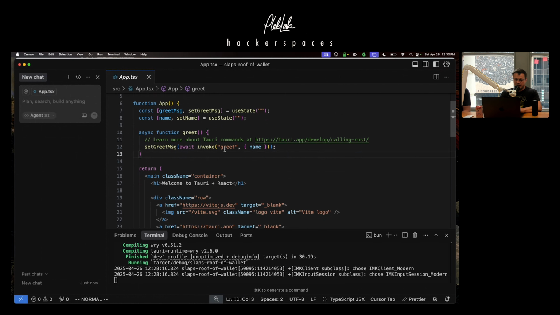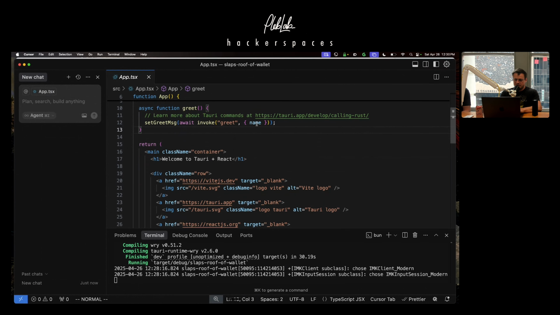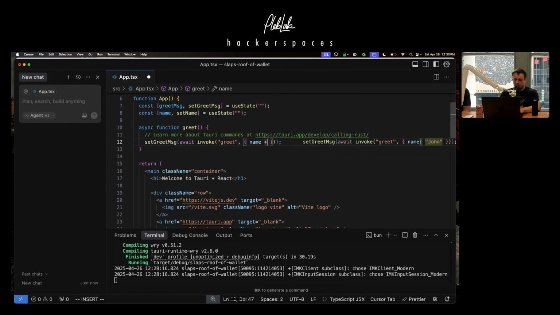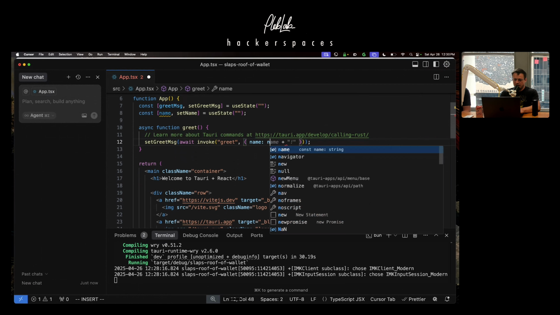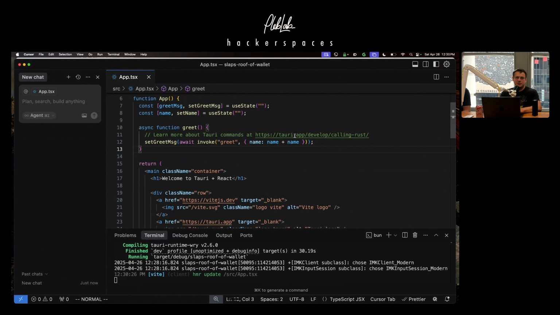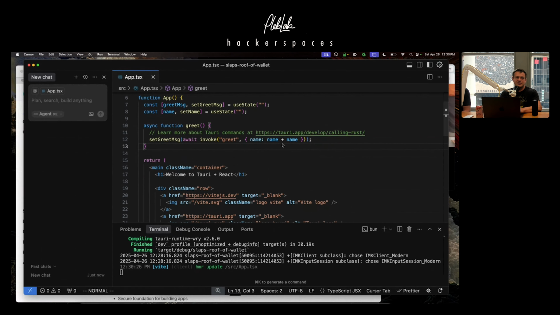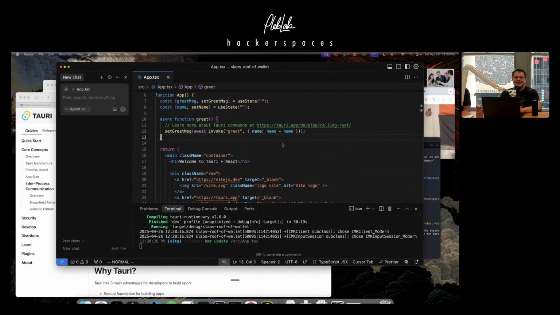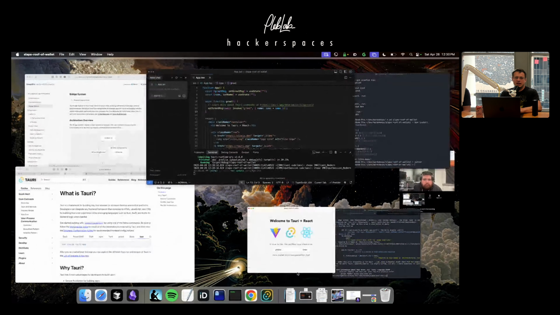So say like instead of invoke greet with the name, let's do the name plus the name, because it's JavaScript. You can add strings, right? Oh no, we need name, name plus name. There we go. Just to make the Rust devs mad, we'll add two strings together with a plus sign, and then we should get